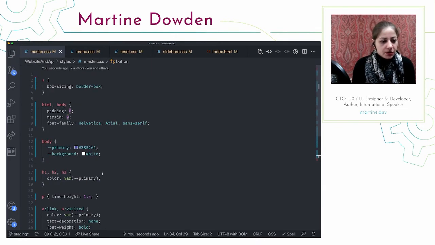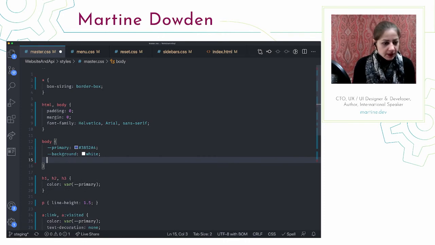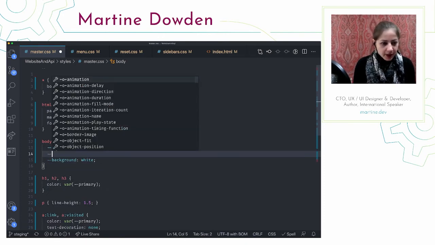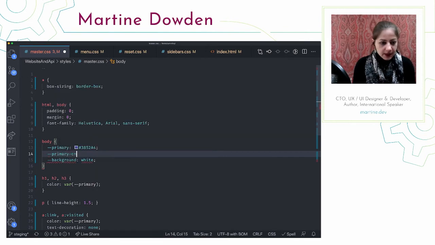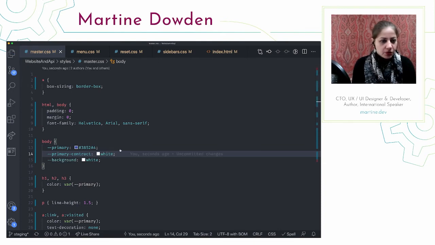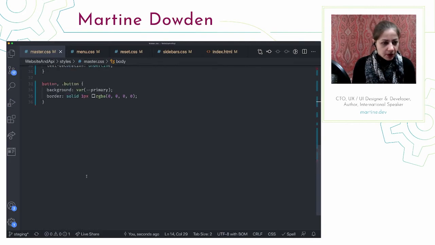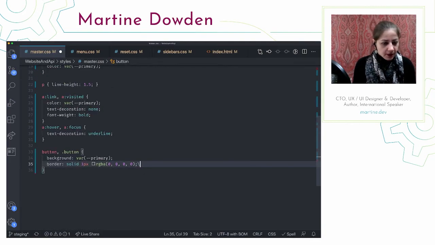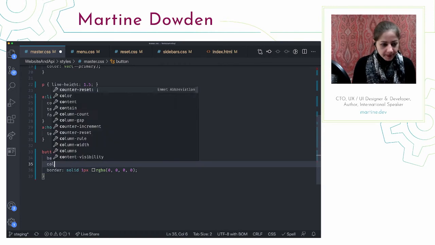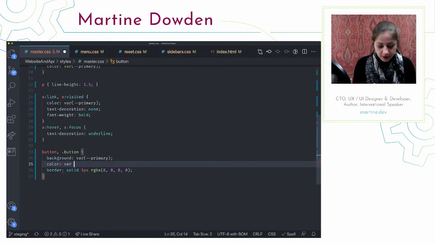And so what I'm going to do is, again, thinking about the possibility of a dark theme in mind, I'm going to go ahead and call that my primary contrast, right? So anytime that I use a primary for whatever reason, I know that I can write text that is going to work, and that's going to be visible. So I'm going to use white for now because it's a nice dark blue. And so my color is going to be our primary contrast. There we go.